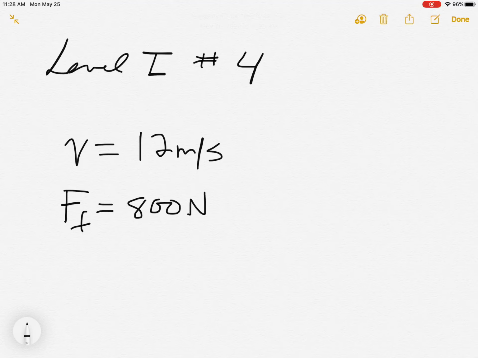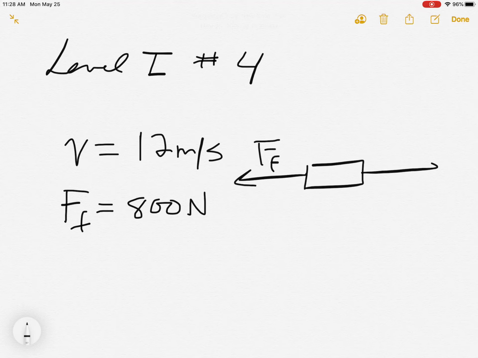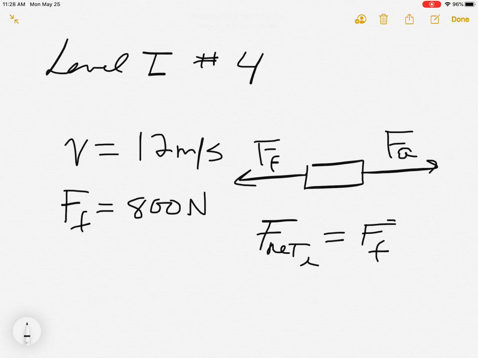Remember, friction opposes motion. So if we have this jet ski in the water, we know that the friction is this way, pulling back on it, and then that means that the force of the ski itself, the applied force of the engine, is pushing in this direction. And you could do a very simple F net equation here, and what you would see is that in order for this to be constant speed with no acceleration, this would be a 0,